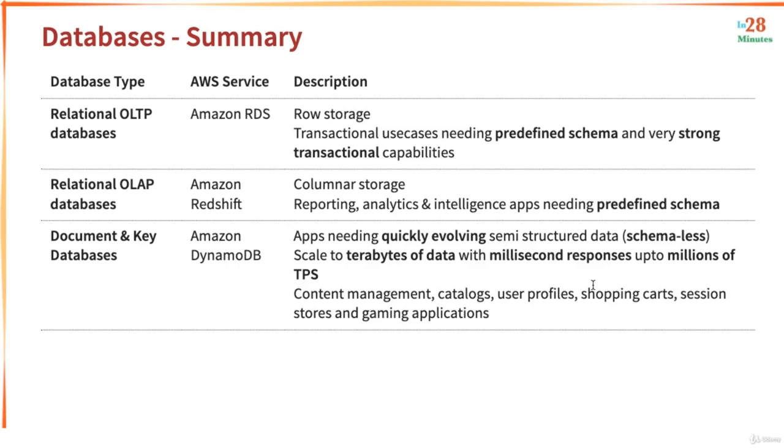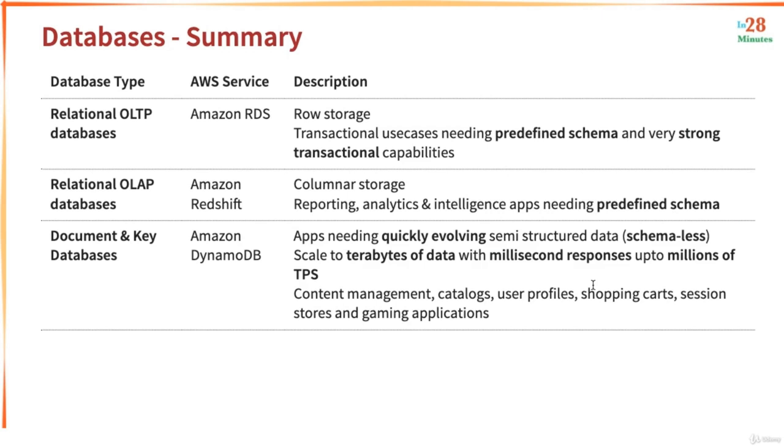The next set of databases are document and key-value databases. These are very, very useful when your applications need quickly evolving semi-structured data. So we are talking about schema-less databases. Different rows in the same table might have different elements present. These databases can scale to terabytes of data with millisecond responses, and they can handle up to millions of transactions